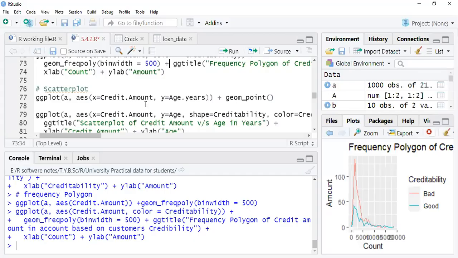Similarly, you can see the scatter plot. Again, you have to draw the scatter plot for two variables. Scatter plot for two variables means you have to define the x-axis and the y-axis. So again ggplot, your data set which is a, your aesthetics x comma y, plus geom_point. So this is the first scatter plot. There is no special coding for scatter now. geom_point, because we are just drawing the points there. Just execute this first line.